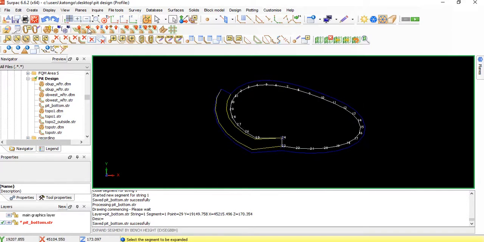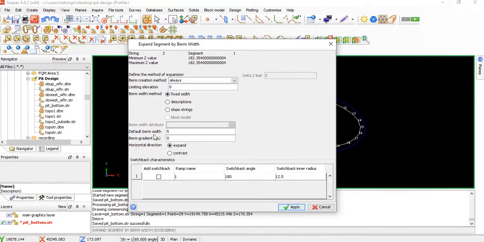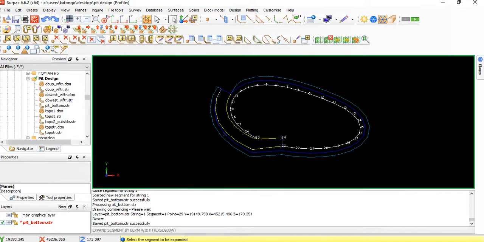Then the next option is expanding the segment by bench width. So just click outside of this pit. The default berm width, just use 5, and the berm gradient should be, just check from here. Okay, let's just click on apply that,